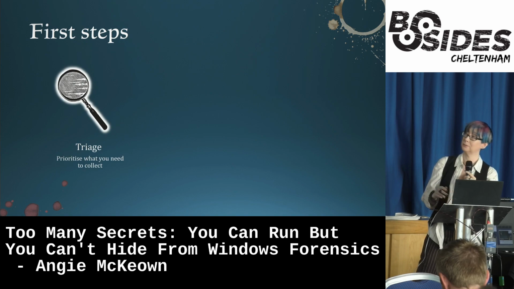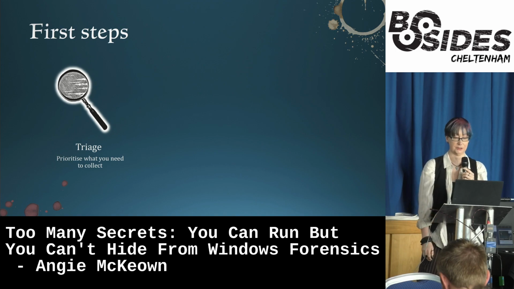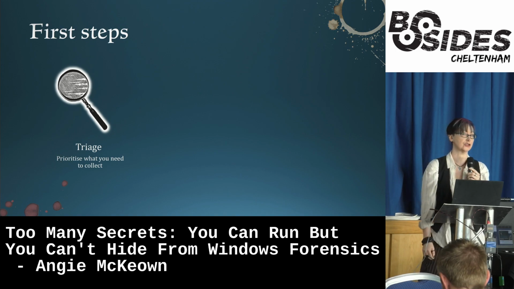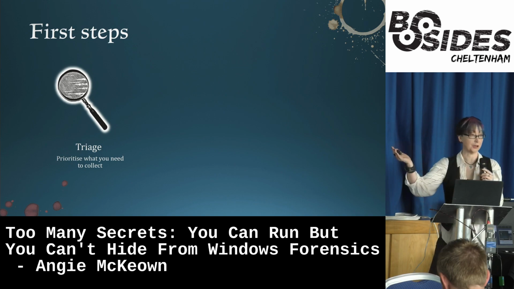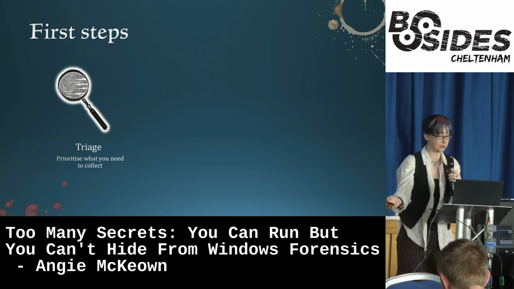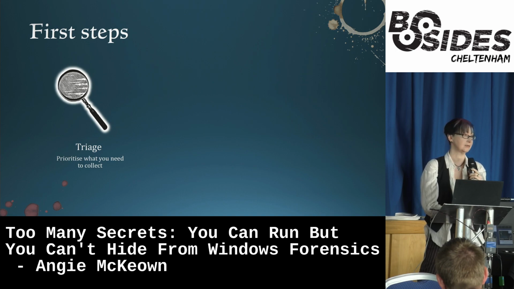The first step we would like is triage. You need to prioritize what you need to collect first. And that's based not just on the type of investigation, but also the state you find the machine in, because you have some things to consider. If it's powered up and it's logged in, you can grab a bunch of detail from memory. So sometimes login credentials or chat conversations, but more importantly these days, this is when you work out if there's encryption on the disk. Because if there is, and you turn it off, you've lost everything.